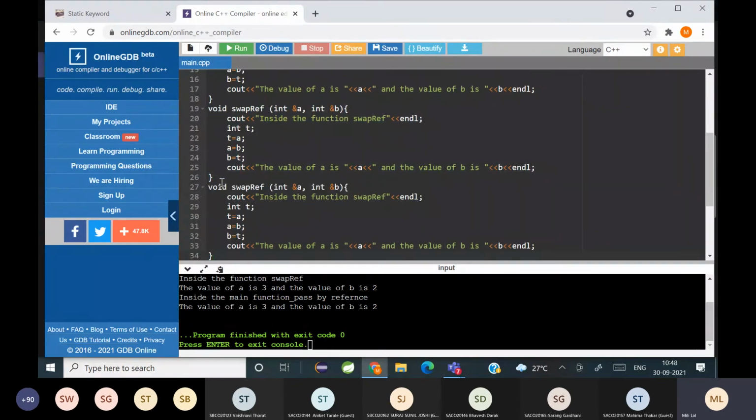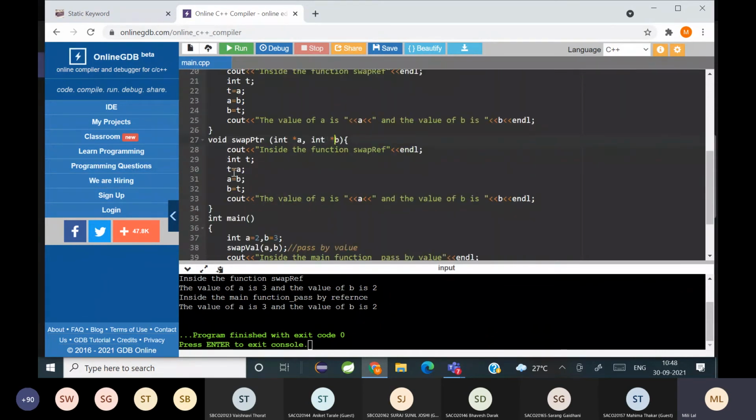चेंजेस क्या क्या है देखो, swap using pointers है तो यहाँ पे ampersand के अलावा dereference operator होगा. और यहाँ पे अगर आपको values swap करना है तो यहाँ पे भी आपको dereference operator use करना पड़ेगा. ठीक है.